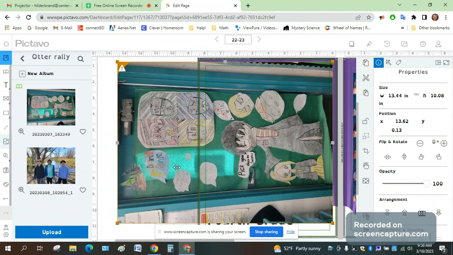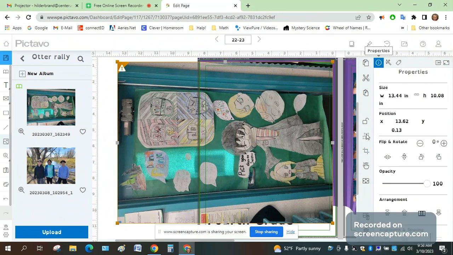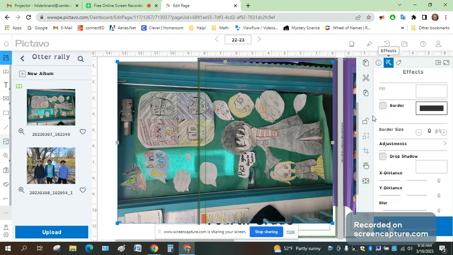And then because it's so big right now, it does make it easier to crop out the sections that I don't want. So for example, I don't want the wall here or the wall on this side. So it's on properties now. I'm going to go to this little wand and I'm going to click effects, and then I'm going to go to crop. Now, when I'm on properties, it will still show me and it will still let me click crop, but it won't let me do anything. So I go to effects and I go to crop,